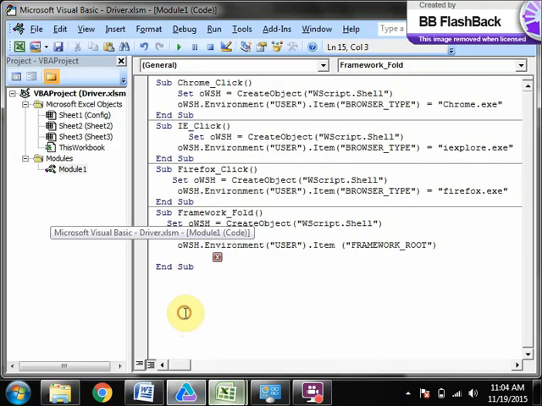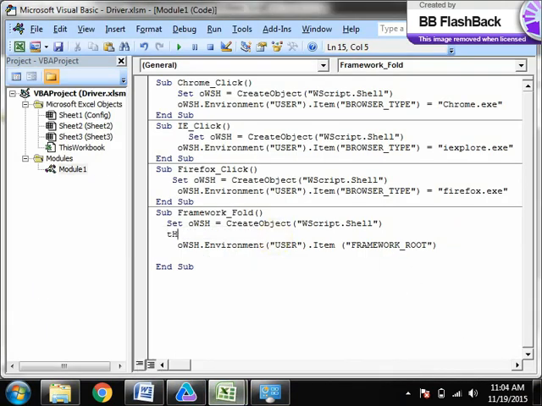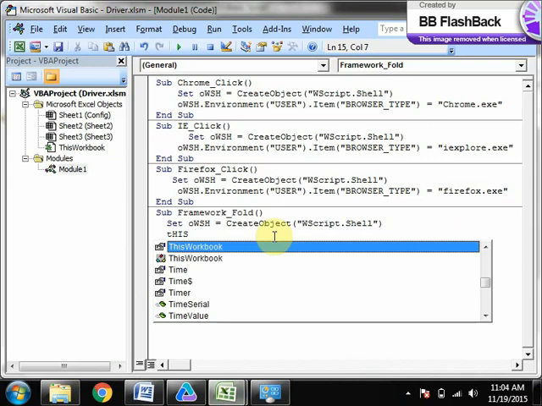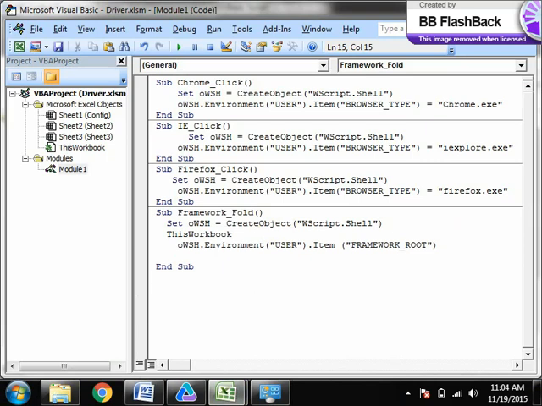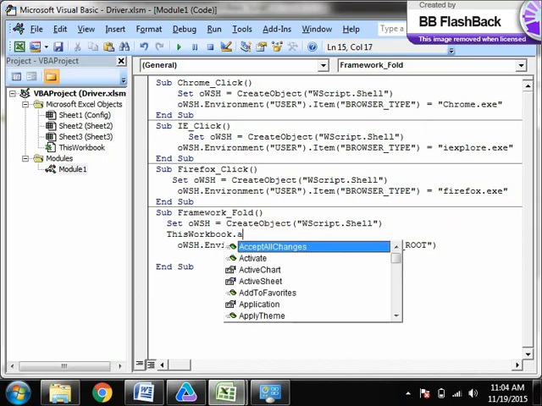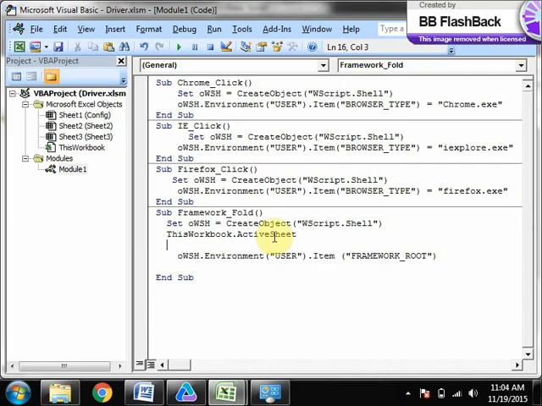So what we will do is, there we use Excel dot application in VB script, but you can say ThisWorkbook, that means current workbook. Now, in which workbook we are writing the macro, ThisWorkbook means it will take the current workbook. Dot ActiveSheet, that means whatever the sheet is active.